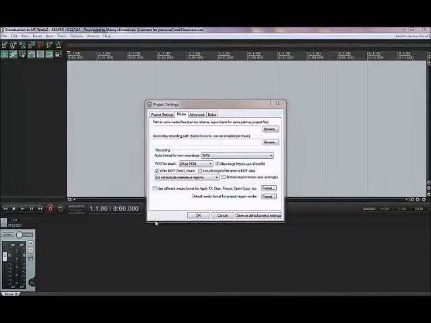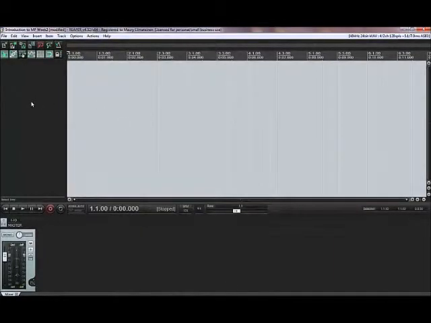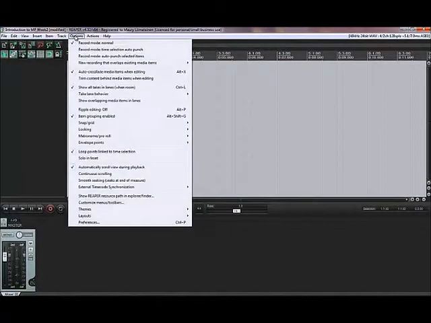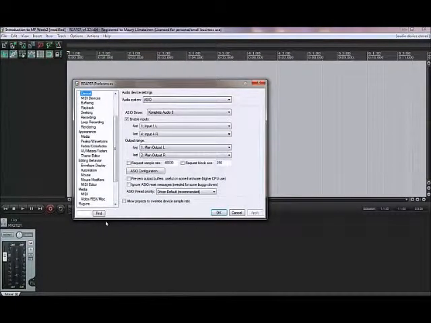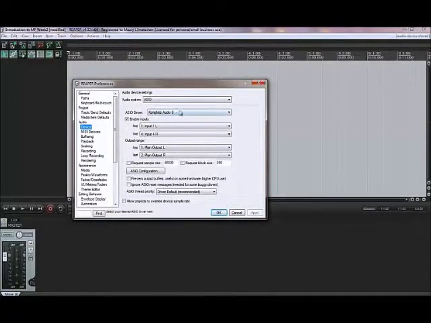The fourth thing that we want to check now is to look at our hardware settings. We're just going to click OK from our previous settings that we just adjusted, and in Reaper we go under Options and go to Preferences. There are a number of preferences here on the left hand side, but in this case we're now going to look at Audio Device. So in this case we are going to select Complete Audio 6, which is my only